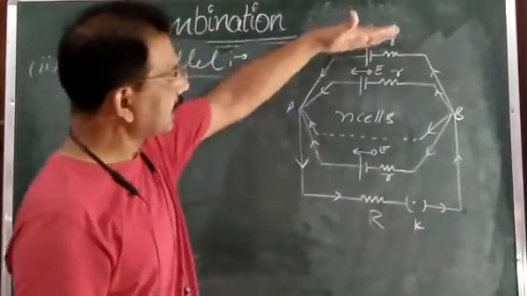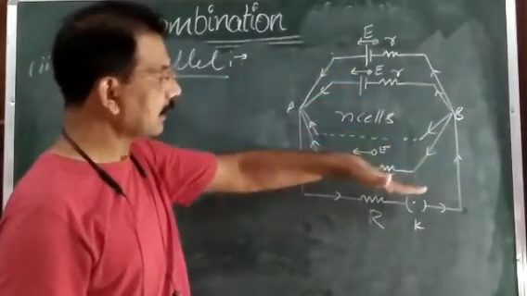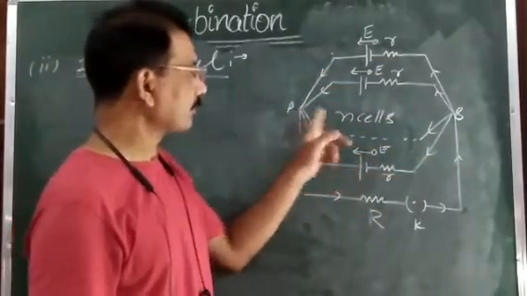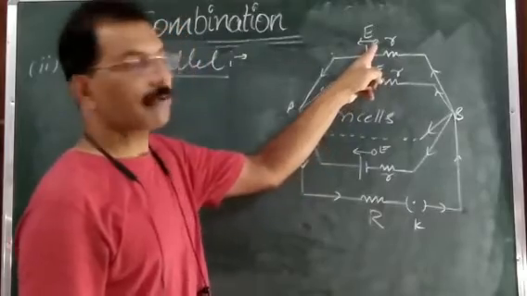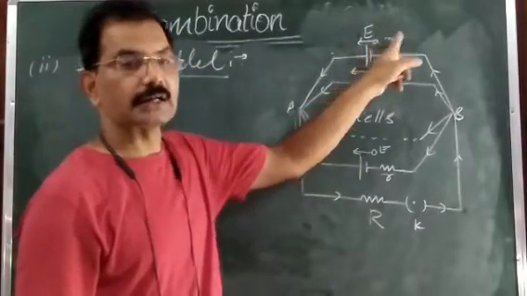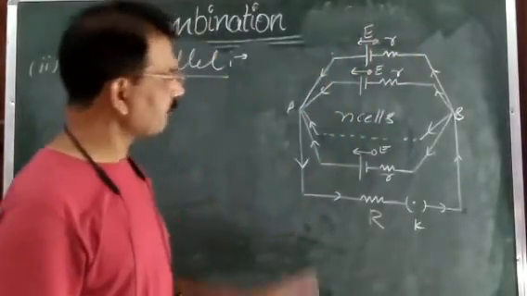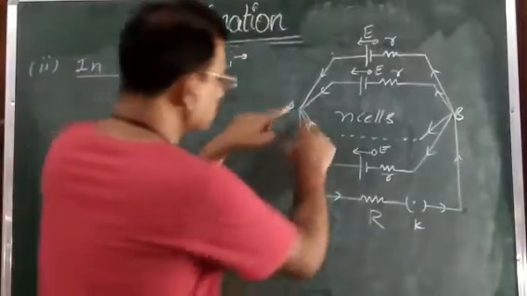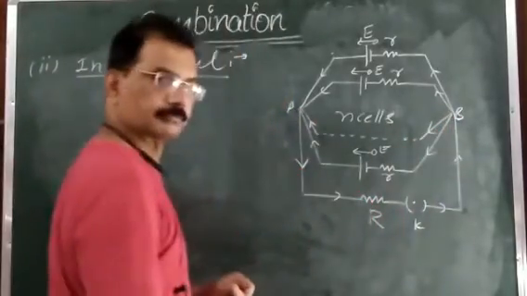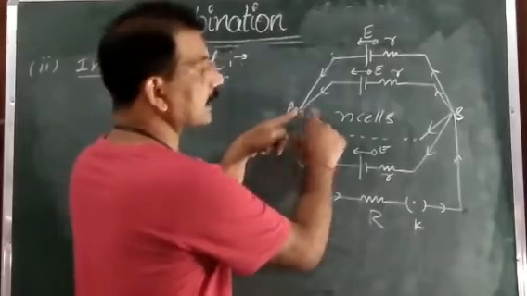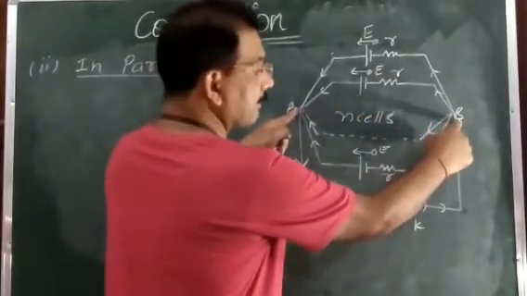So suppose n cells are combined in parallel between AB, and the EMF of each cell is E and internal resistance is r. Then the first case here, since between AB, be careful about this one,